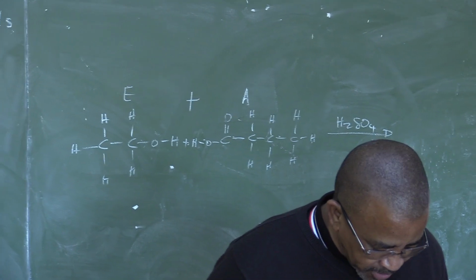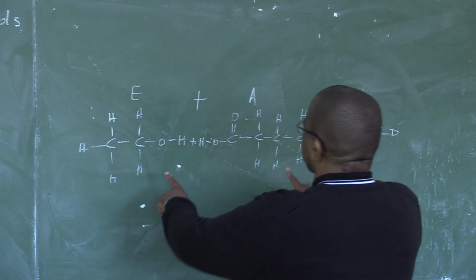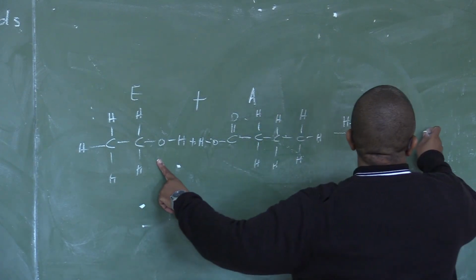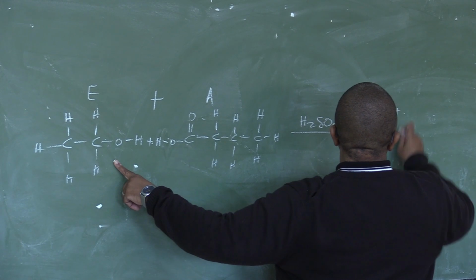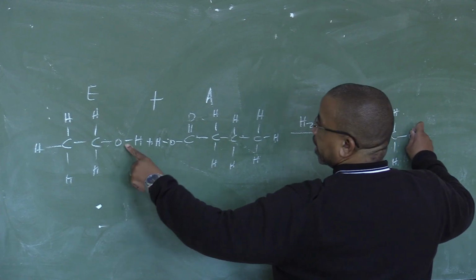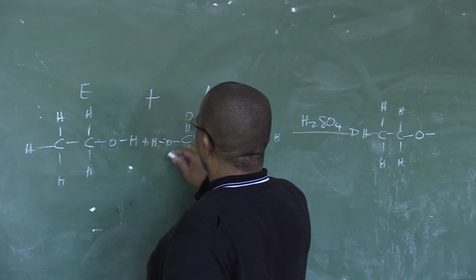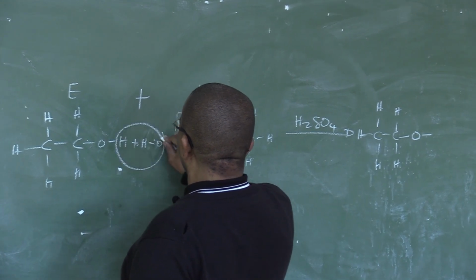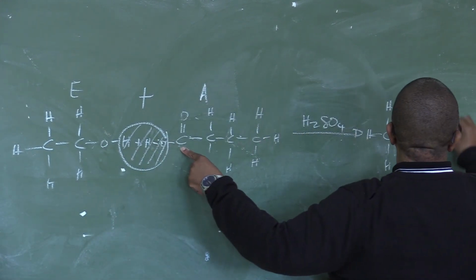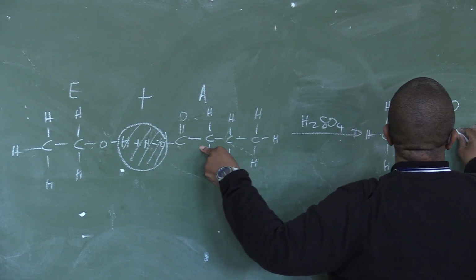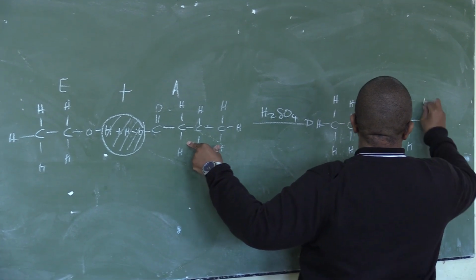Write down the structural formula of the organic product formed. What is the structural formula? It's ethyl. Remember, the carbon you link comes from the alcohol, and the O forms a C double bond O. They want the structural formula of the product.